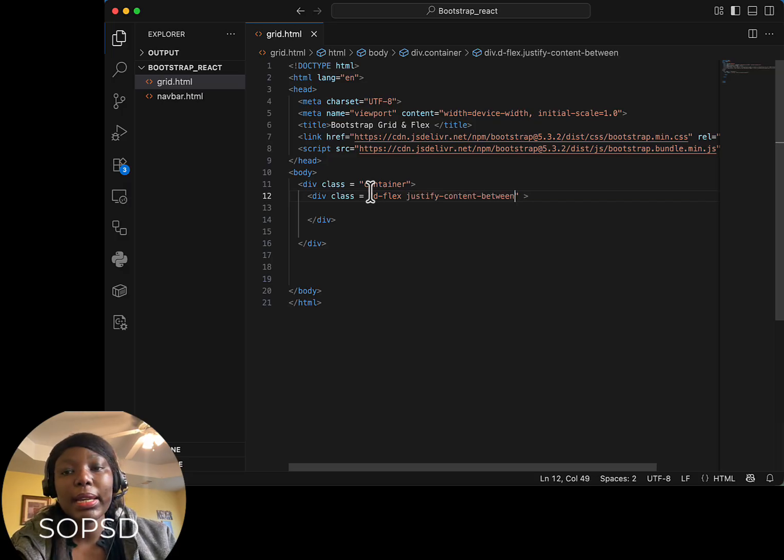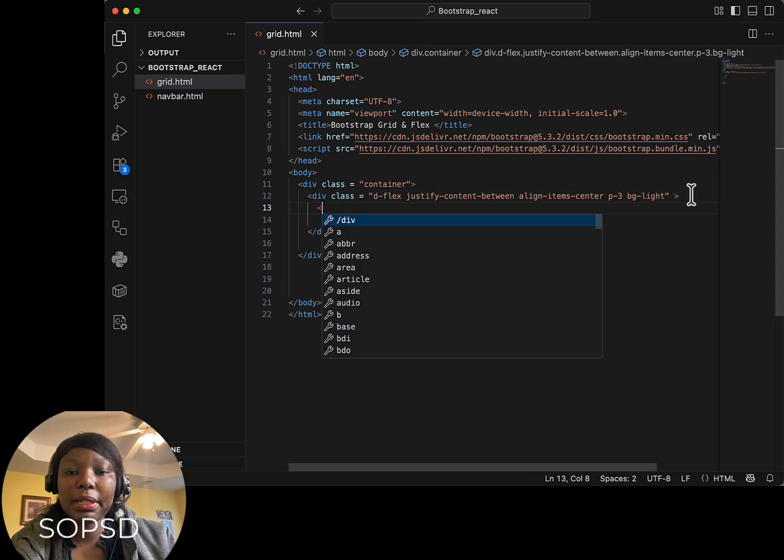I want to align the items to the center. I'll say align items center. I want to put a padding. I'll put padding 3, and then I want the background to be, let's say, light, bg-light. Now I want to have another container here, and then I will close this one, let's say this is the